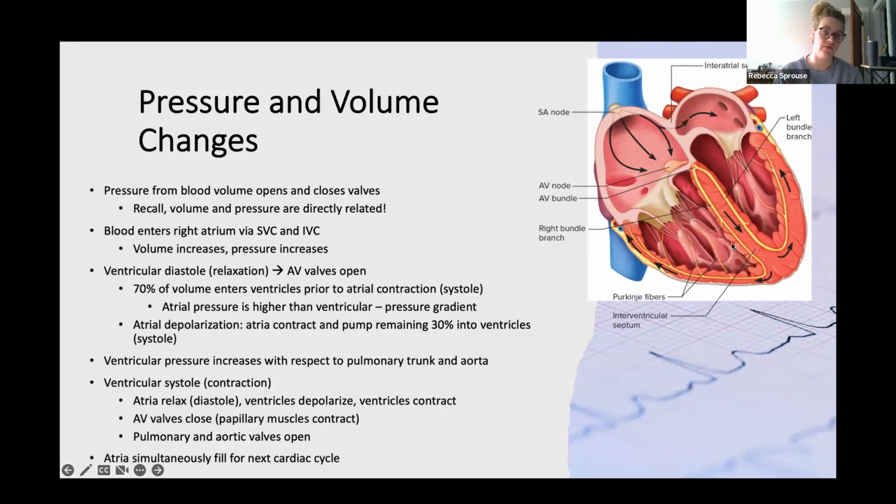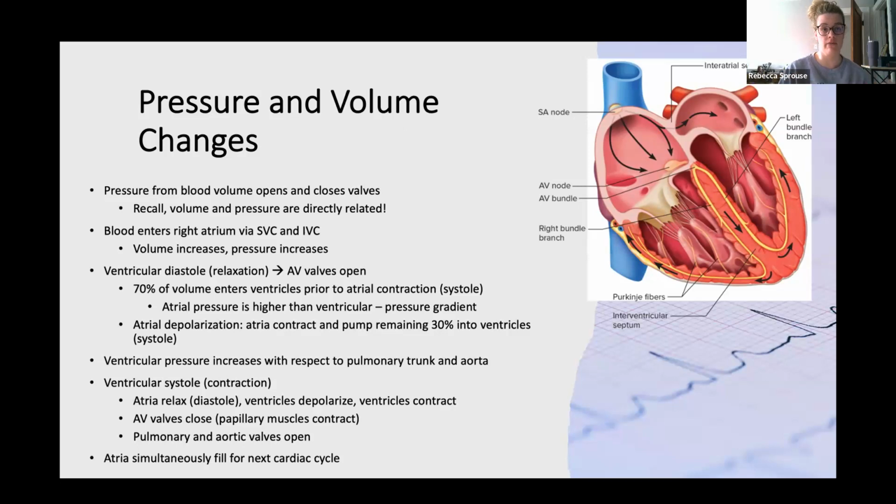And then when those ventricles are full, they're going to contract. So they're going to contract based upon the electrical impulse here, this depolarization, but they're also going to force blood through the pulmonary valve and aortic valve based upon pressure that is going to open those valves. So once we have the pressure in this ventricle exceeding the pressure in the pulmonary trunk, and the pressure in the left ventricle exceeding the pressure in the aorta, because ultimately we're assuming that those two major vessels are empty,